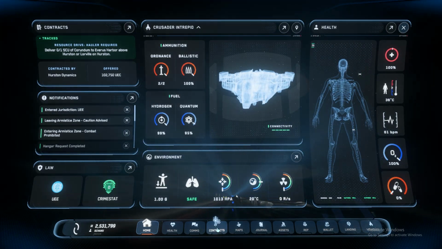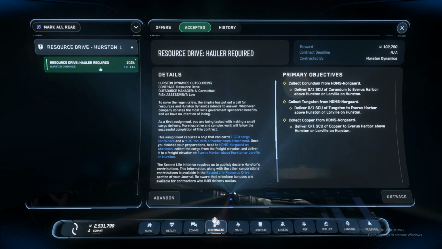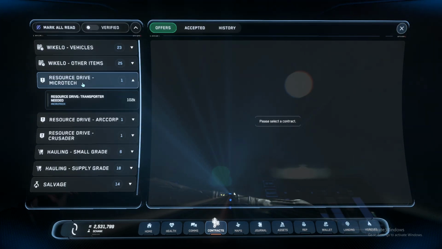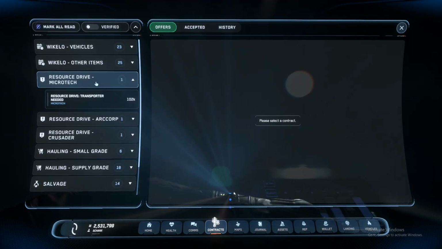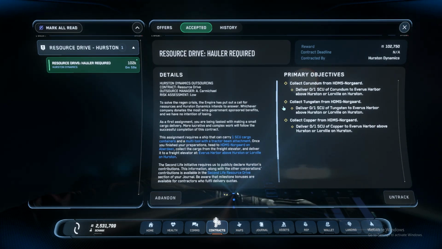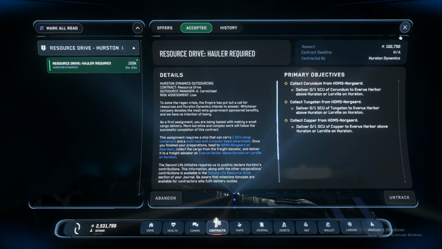If we head over here to the contracts page, you'll notice that there's a lot of new missions that have to do with a resource drive. And these various missions are provided by each of the 4 corporations running each of the planets inside the Stanton system. The first mission available is a small cargo hauling mission, and I've decided to go with Hurston Dynamics because